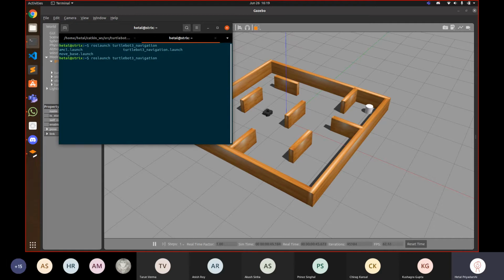In which one do we provide the file name also? File name in navigation.launch, right? Okay, that I know, but I haven't done the AMCL one.